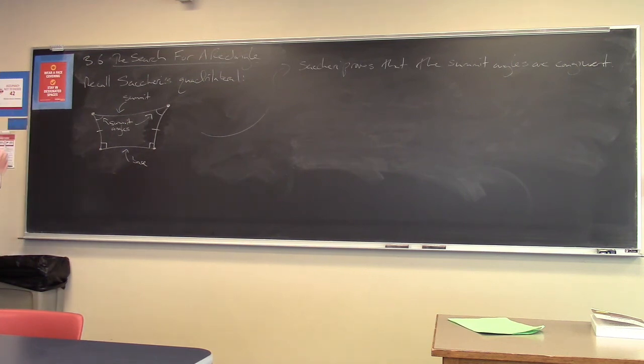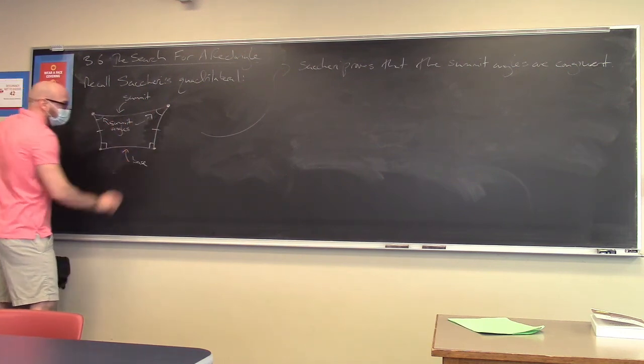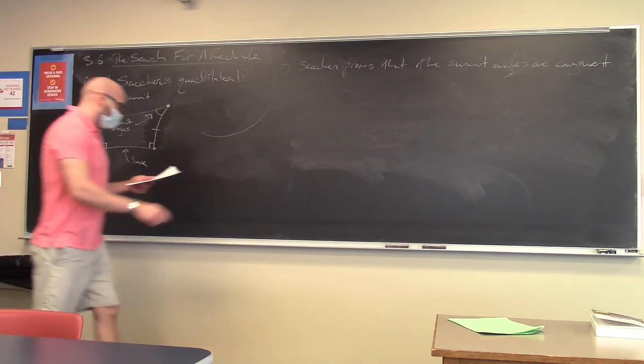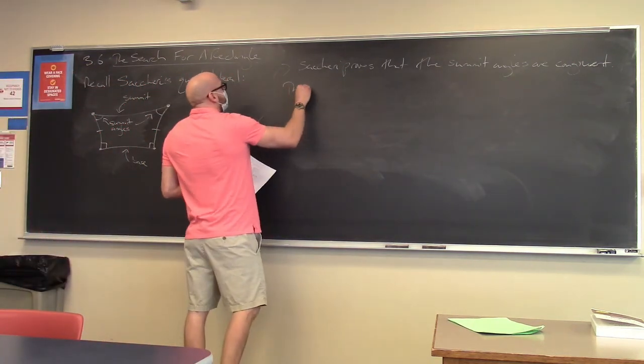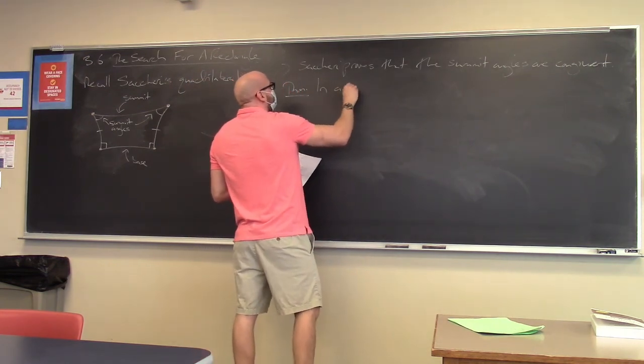He proves summit angles are congruent. He proves lots of other things. He proves, for example, diagonals: if you draw in both diagonals, those must be congruent to each other. He has lots of results here. I just want to go through one of them. So, in any Saccheri quadrilateral,